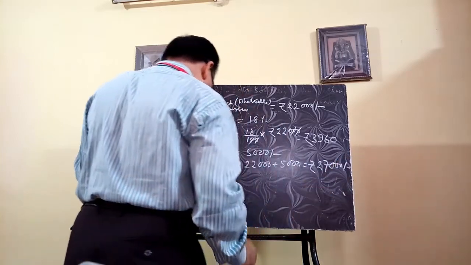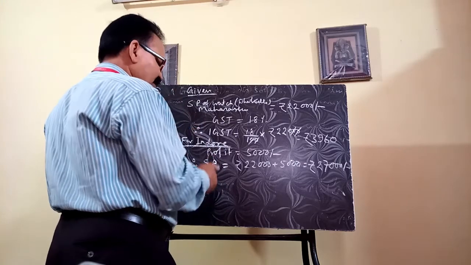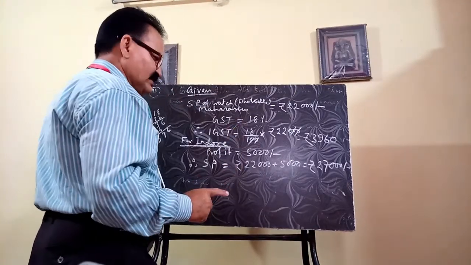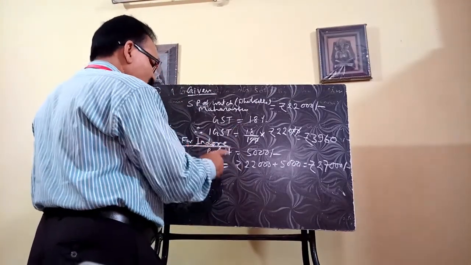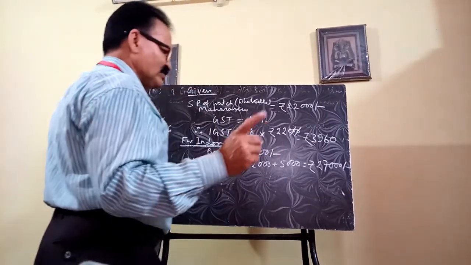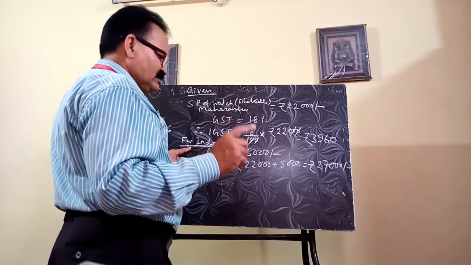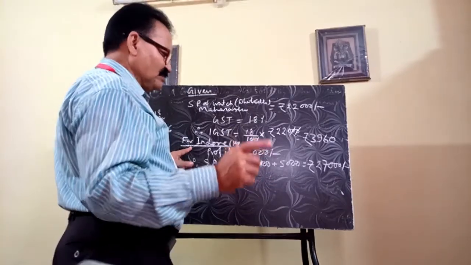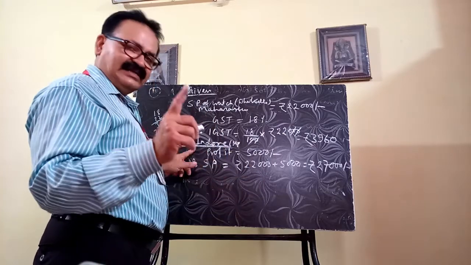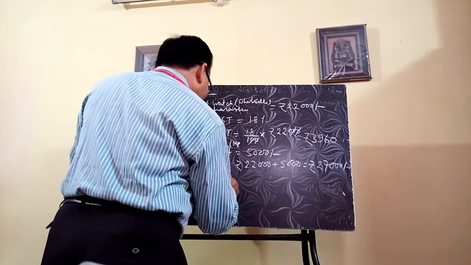So this much will be the SP of the Indore dealer for the Gwalior dealer. Because both Indore and Gwalior are in MP, here the Indore people charge CGST and SGST. Okay, so CGST